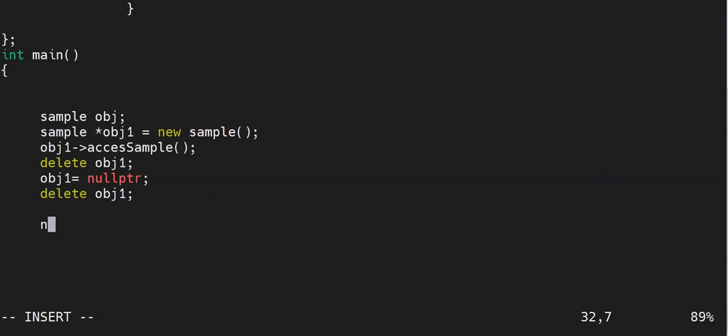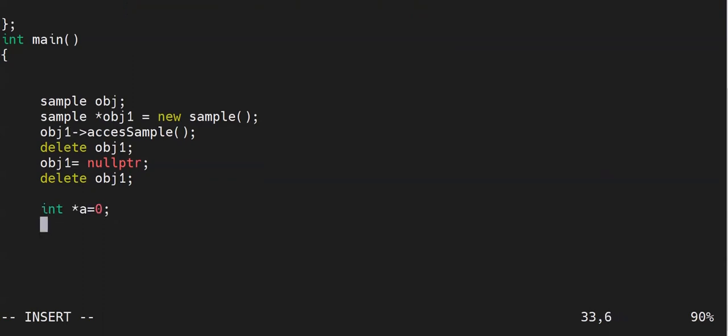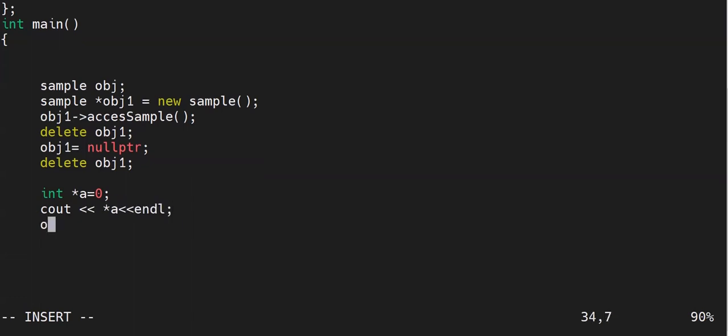Now let's check one more case where you're trying to access null pointers. Let's say our obj is null, and let's try to access this method after deleting it.